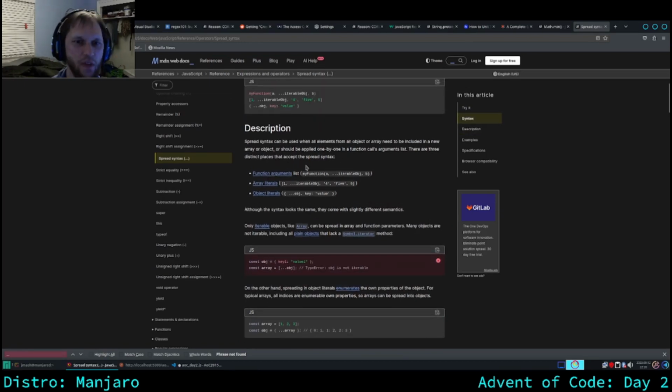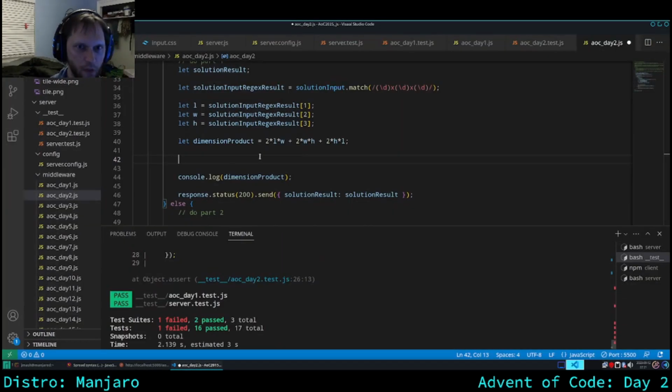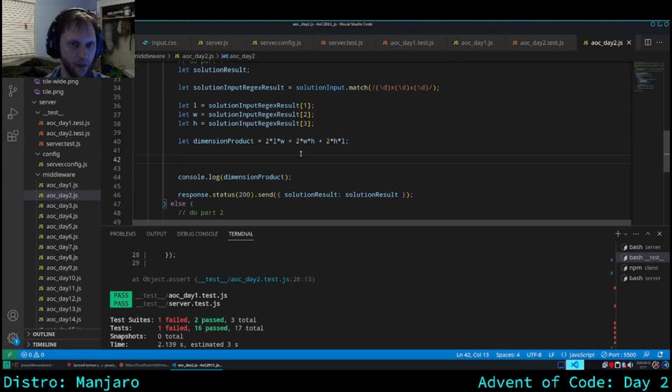Like you can see here, it is smart enough to figure out how it's being spread out. If it's being done in a function argument, then it knows it's supposed to spread into a list of parameters. If it's an array literal, it knows it's supposed to spread into its own array. Object literals spread out into their own object. And I was briefly considering doing that, but